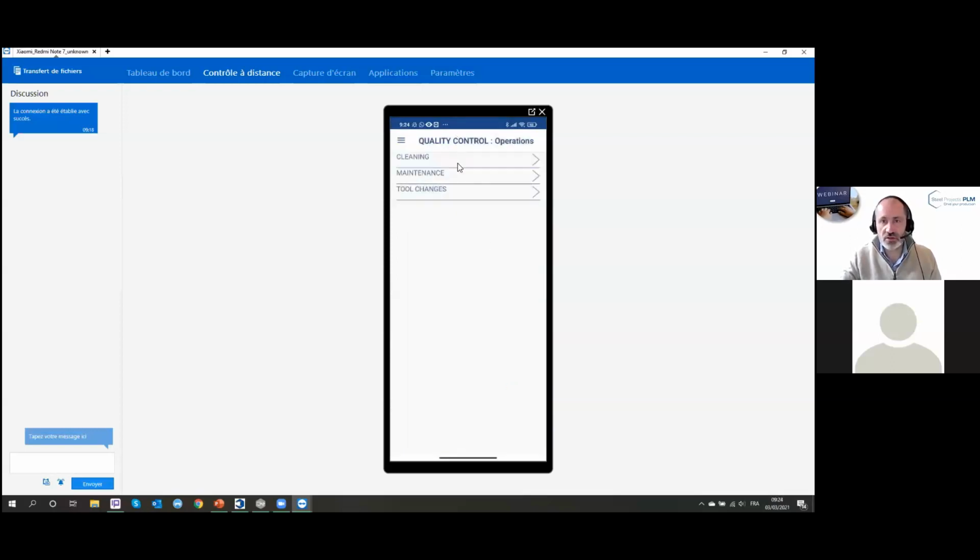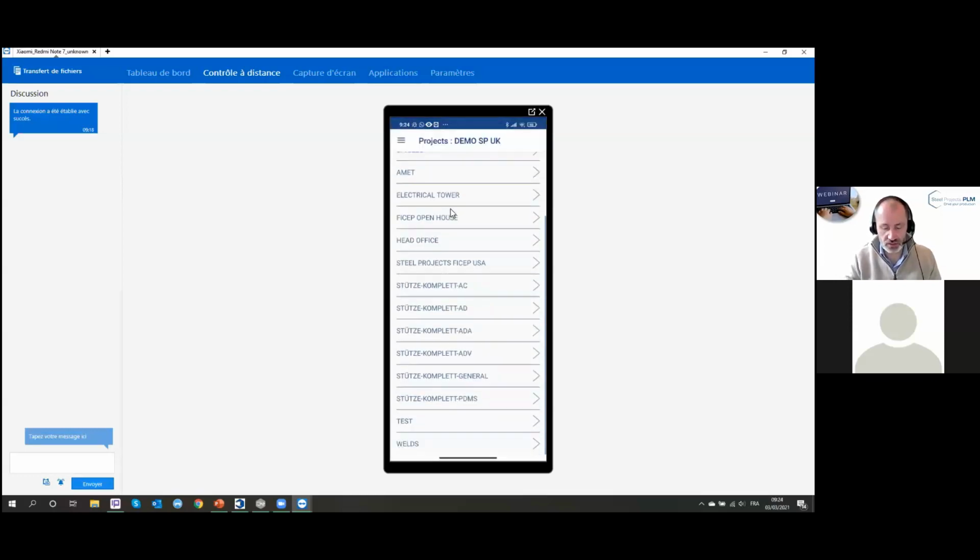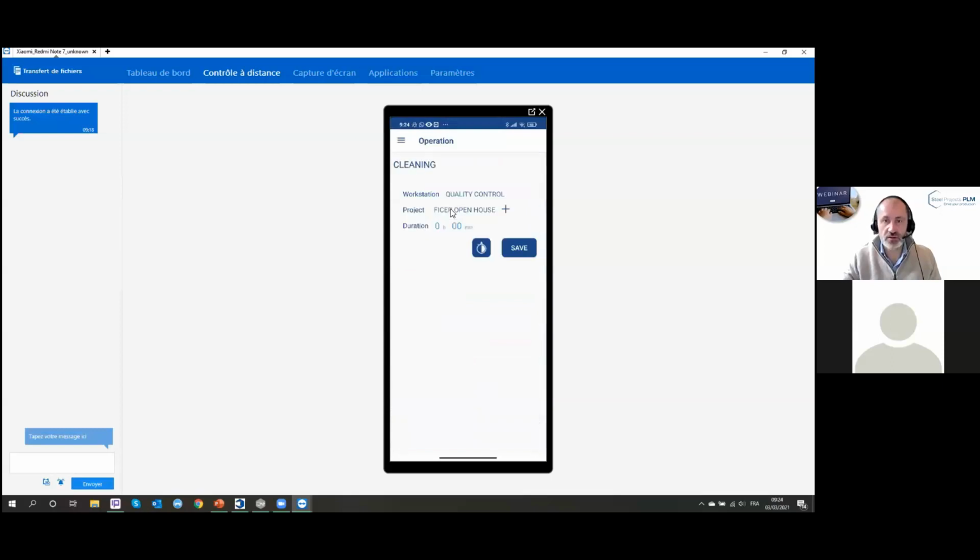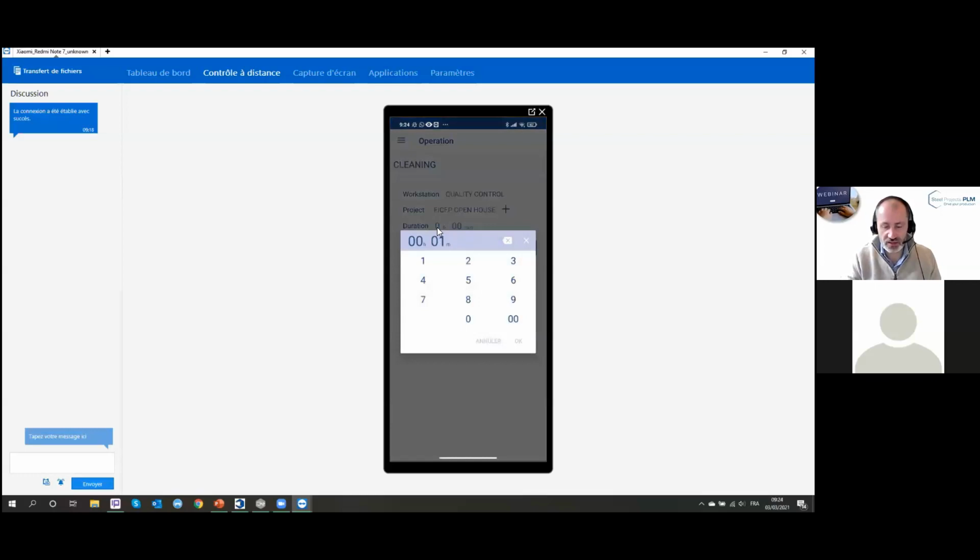Clicking on here, you can declare some cleaning, some maintenance on the machine, some tool changes, whatever. So I can declare that on my quality control workstation, I will declare some cleaning. I can select the project. So my project could be, I don't know, feature open house here, okay? And I can declare that I did make like 1 hour of cleaning on my workstation, and that can be